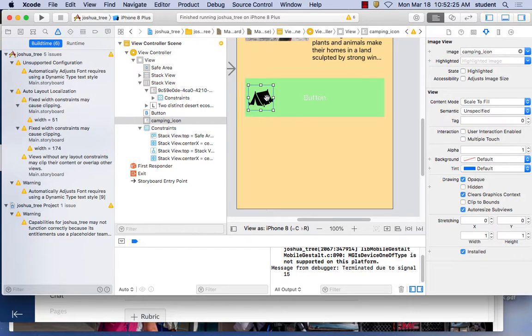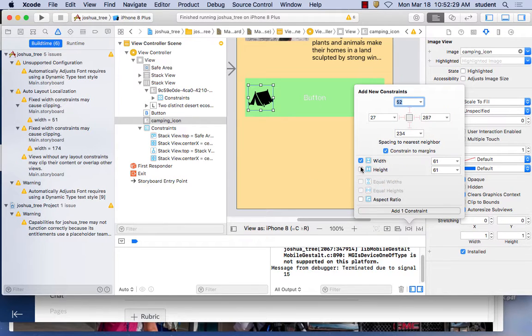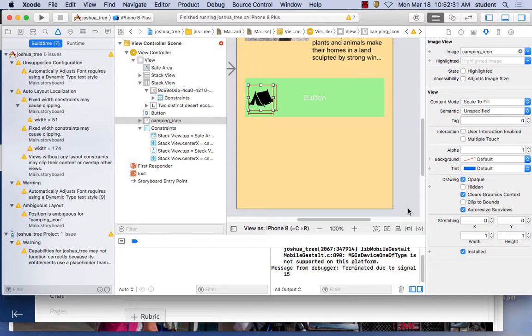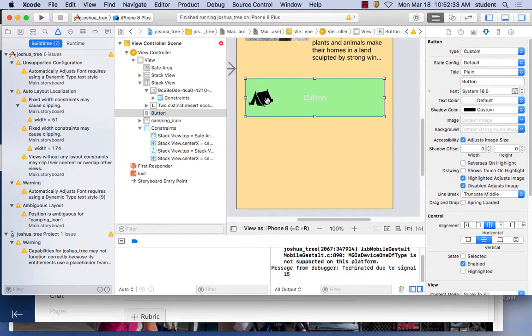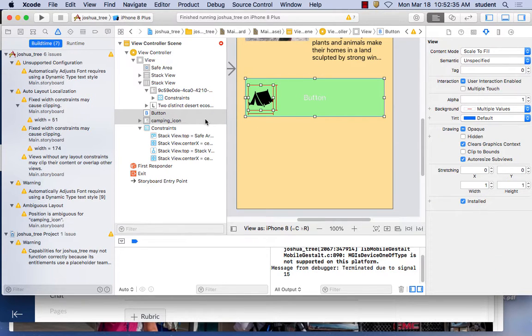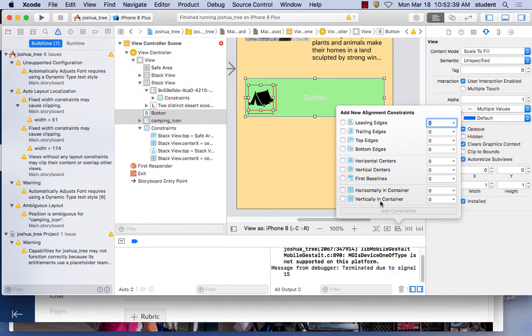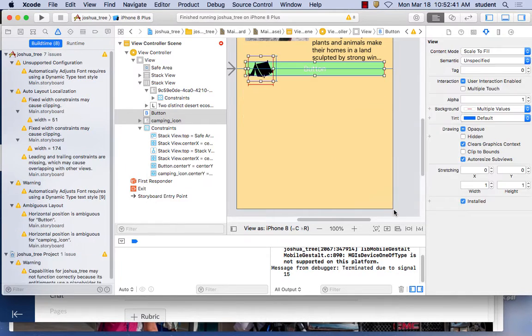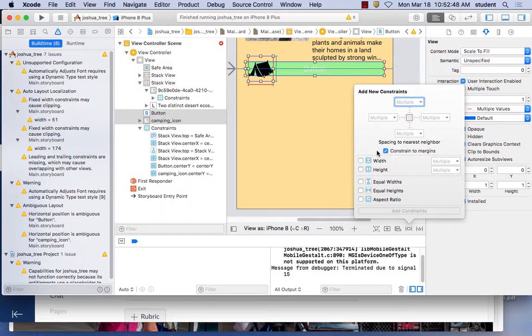Okay, let's try. We'll take our icon and give it a fixed size. That's fine. Then we'll align it with this, right? Align it with that. And then we'll tell it to be down from